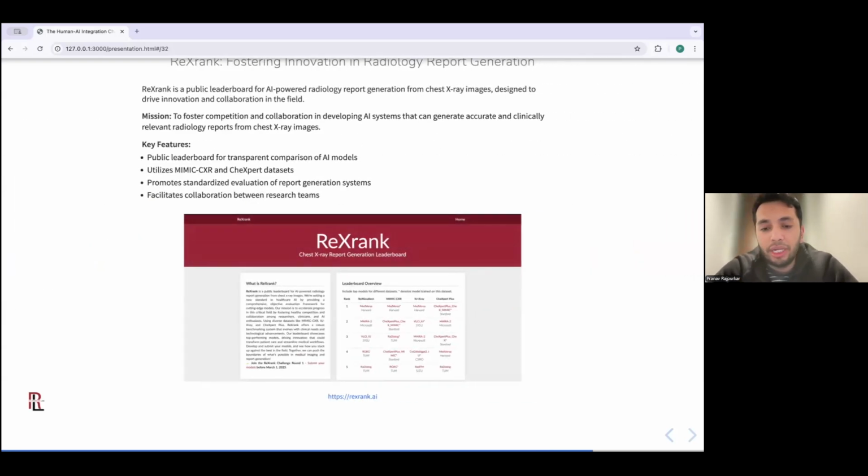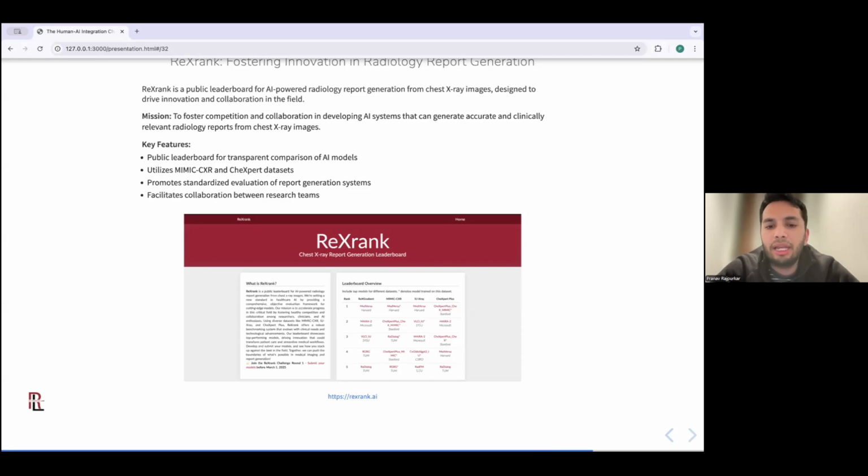I think this is a very exciting area, and the idea of generating radiology reports from images is one that has to be looked at very closely and very transparently. And so, in order to encourage and foster this transparency, we have created a leaderboard for this task, which is called RexRank.